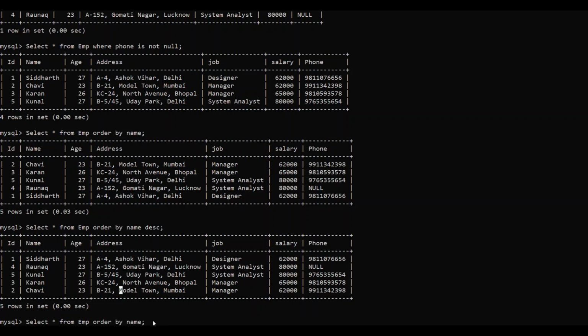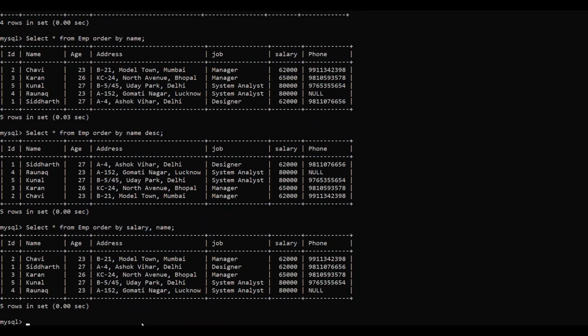We can also use more than one column to do the reordering. Let us say I want my records to be ordered in ascending order of salary, and then for those records which are having the same salary, for that subset of records I want further reordering by way of name. So here in my order by clause I am using more than one column. I say order by salary comma name. The first ordering on salary, wherever the same salary, order by name. So let us see.